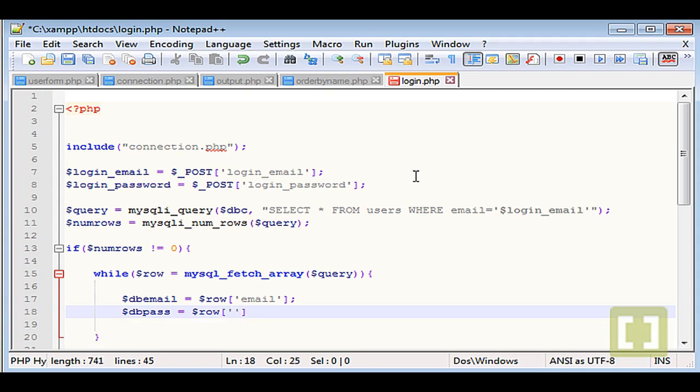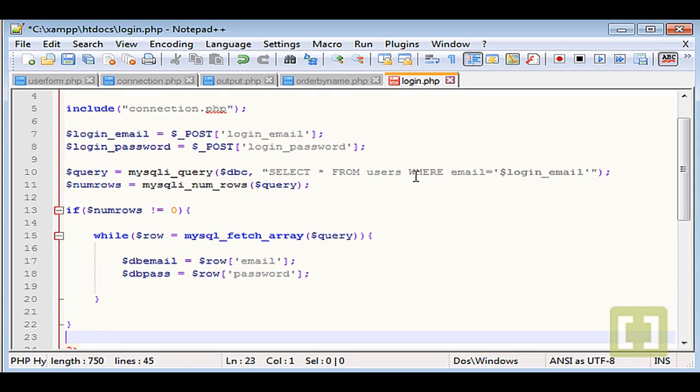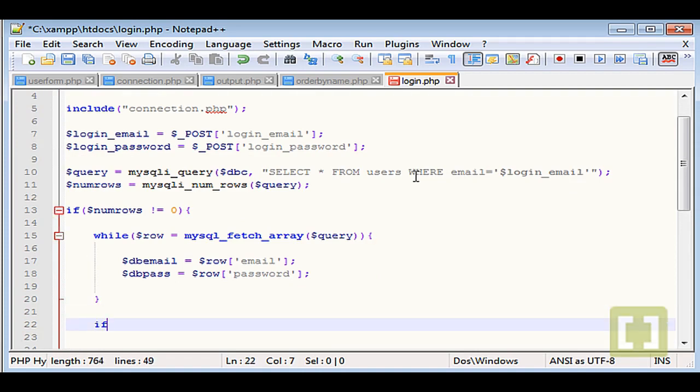Okay, and this is how we can grab the related password to that specific email from our database with the while loop. Okay, and now here we create a new if. Now we're gonna check if the typed email is equal to the email that we returned from the database. Okay, so I'm gonna type the login email. If the login email is exactly equal to the database email,